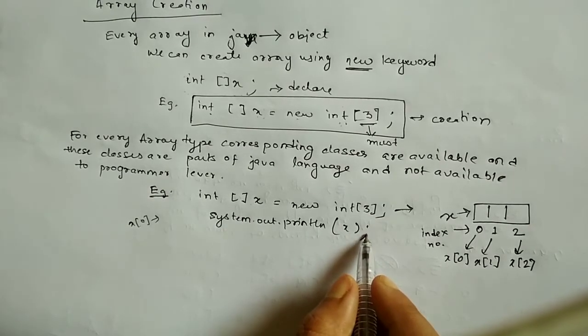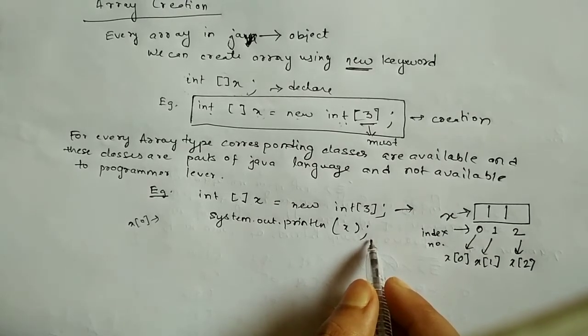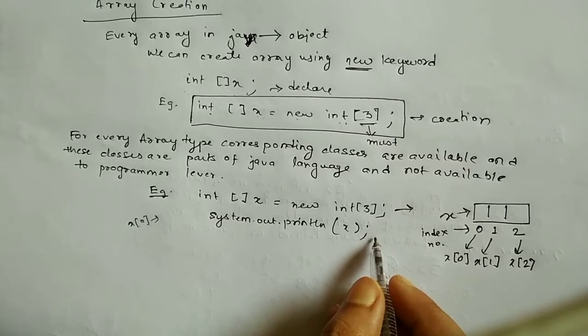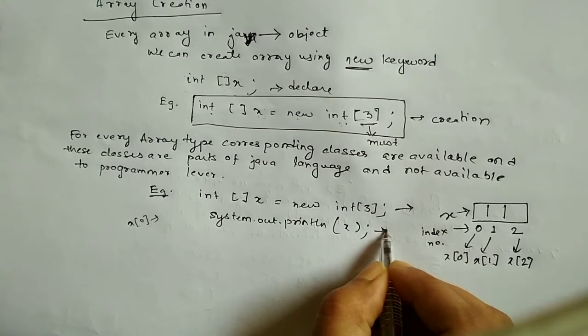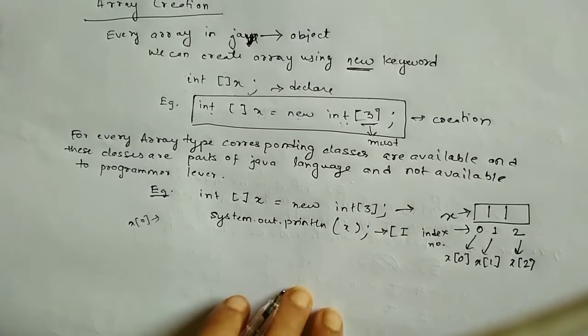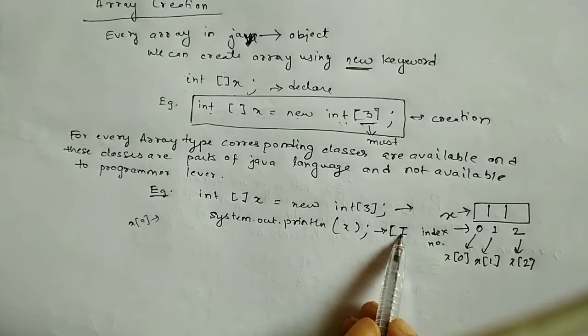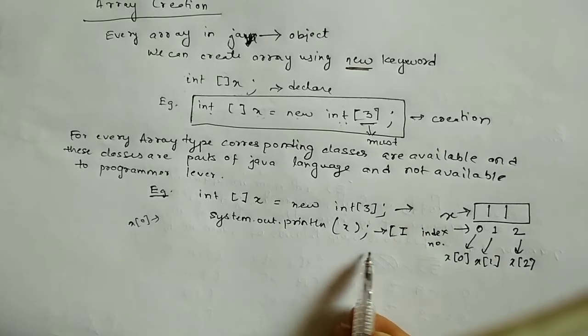So what will it give if we write the variable name only? This will provide you the class name, and the number of arrays. We will get the output as, see, as it is a one-dimensional array, we will get one opening square bracket, and it is of integer type, so it will give you the integer.